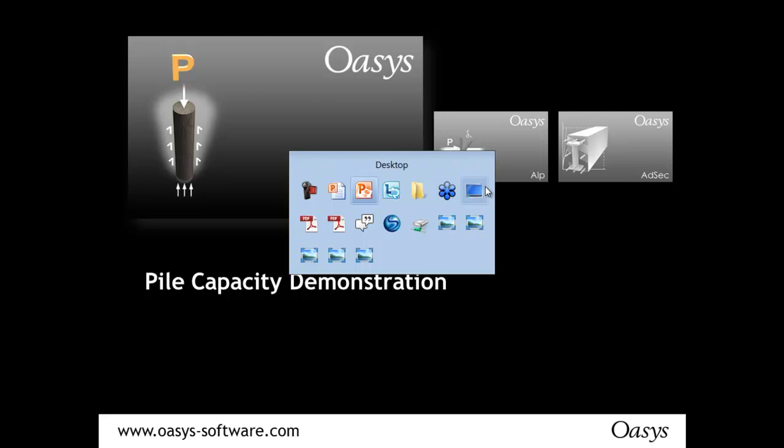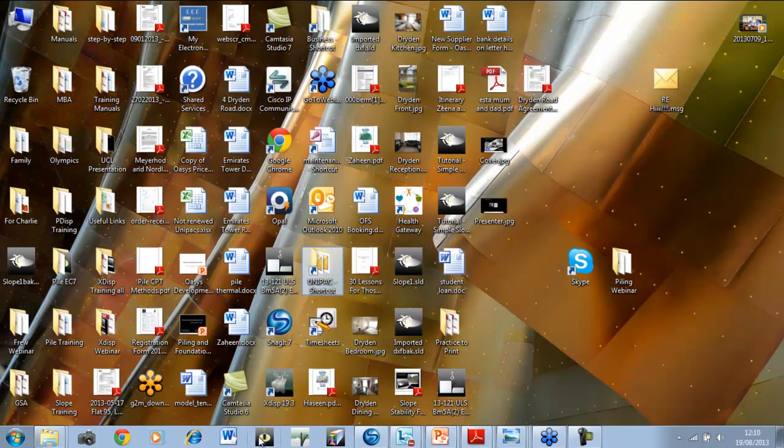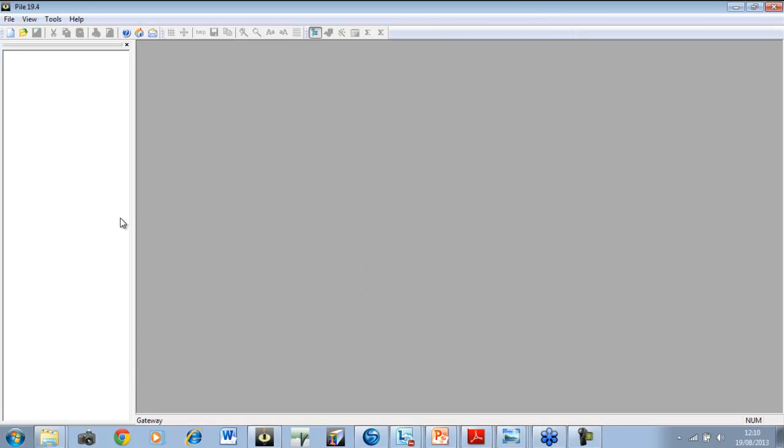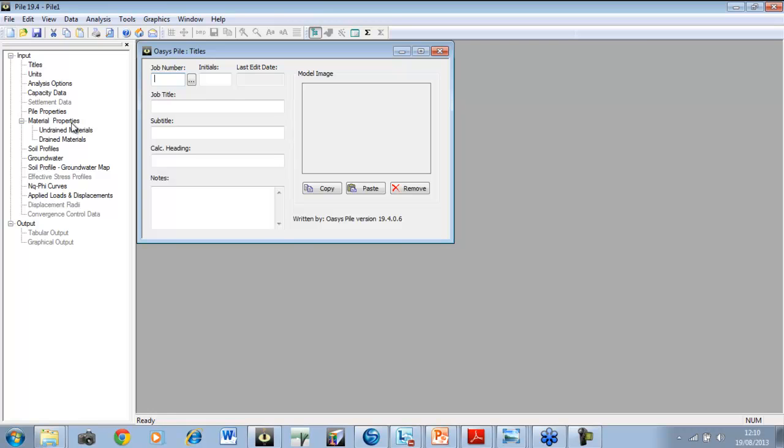So I'm just going to look here and start up pile. I'm going to start a new file here, and when I click on new, a number of options come up in the gateway, which you can see to the left here. So we've got titles,